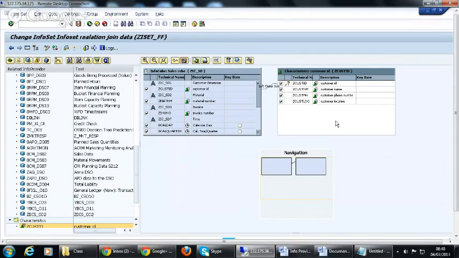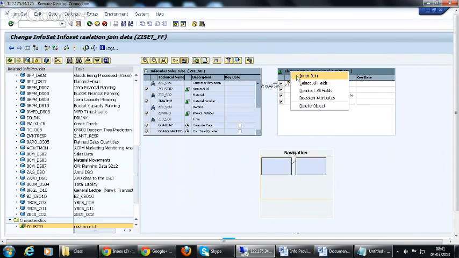As you see, the color changed, and the left side operand will be the one which will be read completely, and all the records will be read from the left side, and then relevant records from the right side will be transferred. That's it. So that is the difference.